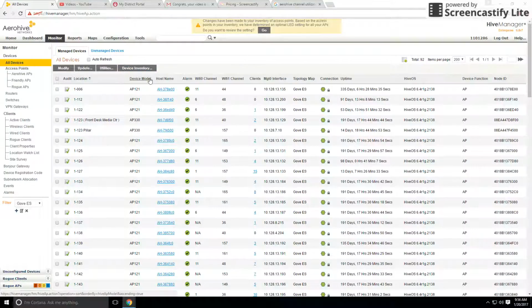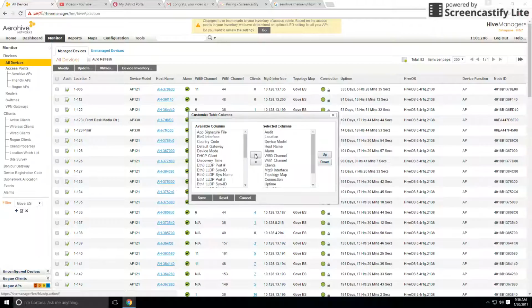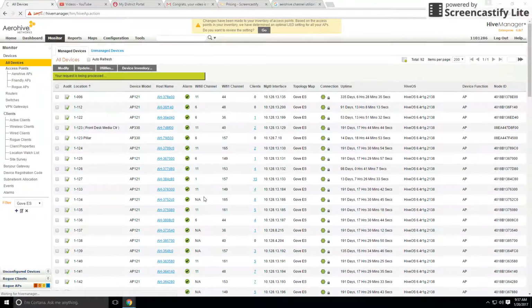And how you actually customize is you click on this icon here, edit table, and you have the ability to remove fields by selecting them and clicking them over here, or to add fields in by selecting them and putting them over here. So if we take the example of DHCP client, I moved it over. Then I want to determine where it appears from left to right by moving it up. In this case, it's going to appear after the clients field, which is here. So if I save that, it will,